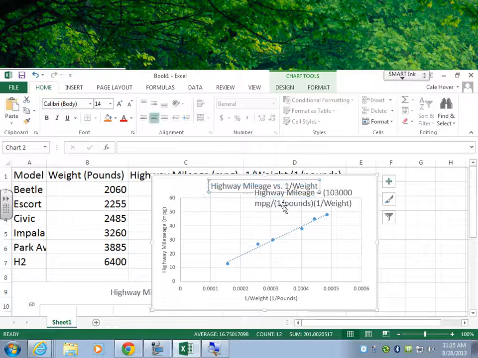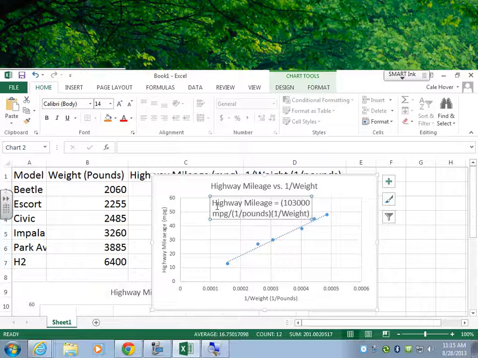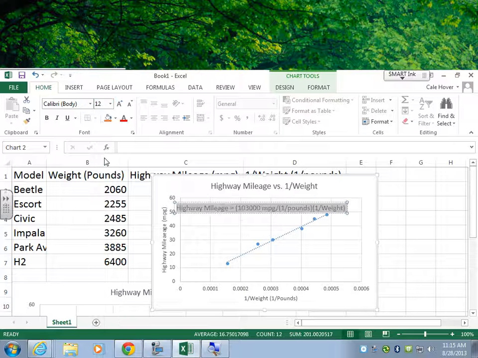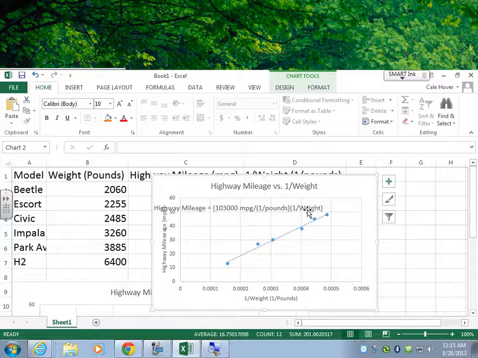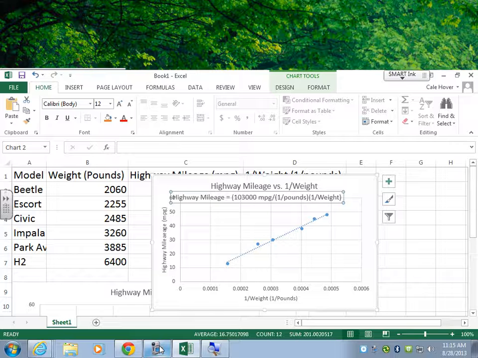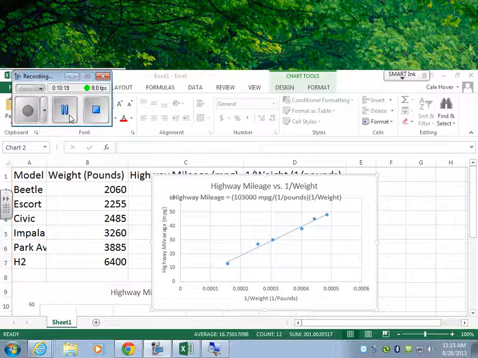That's not pretty. Let me try to get this all on one line. So I'm going to pause for a moment and discuss how we could make